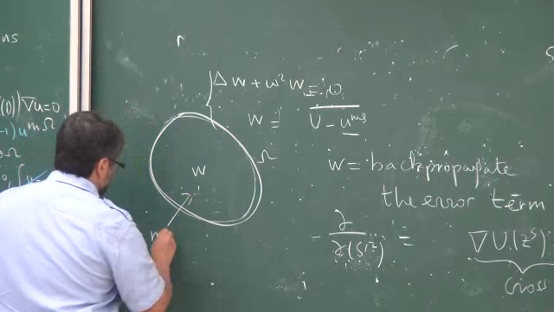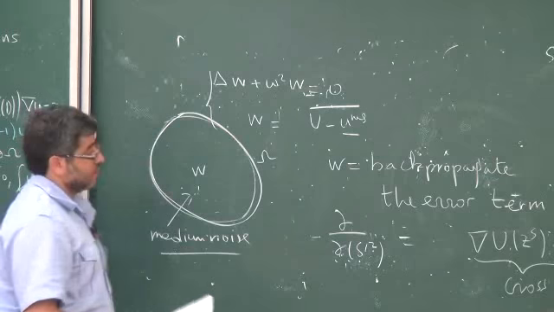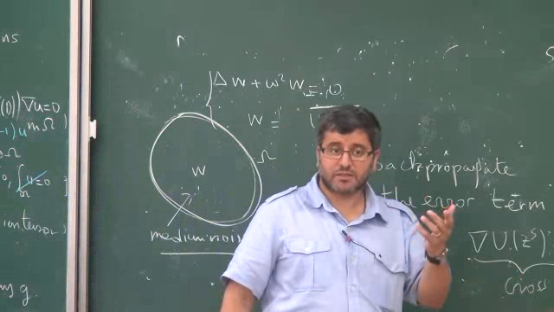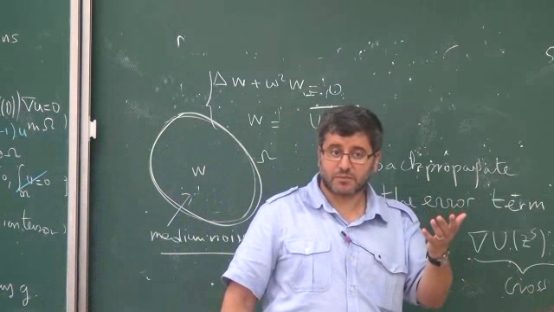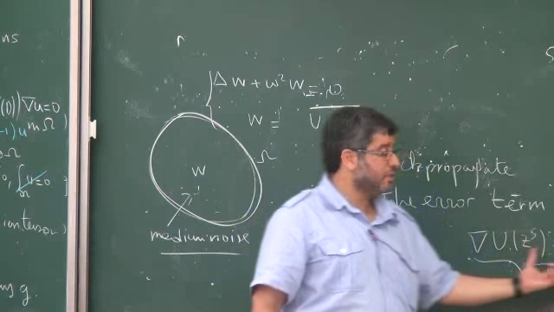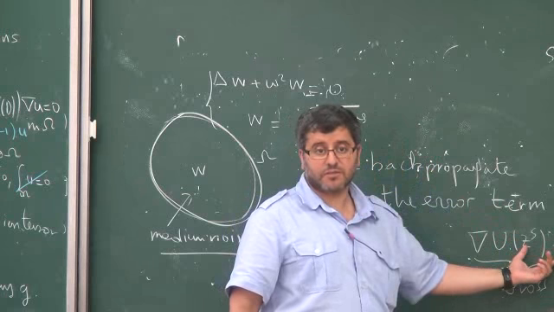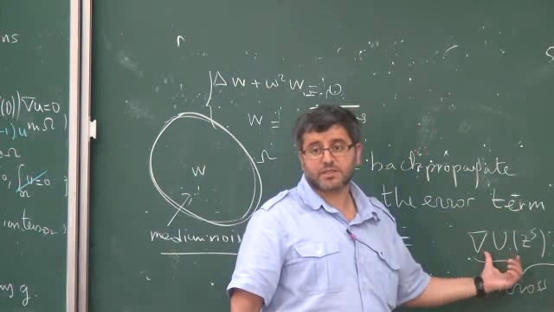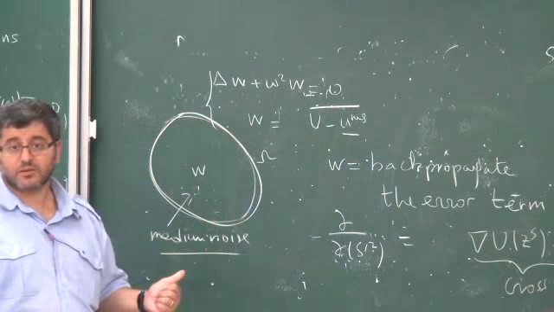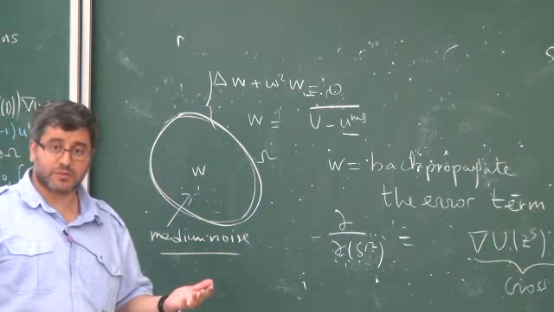So let me discuss medium noise. Why is this? Because this is cross correlation. Medium noise manifests itself by random perturbation of the phase. But here you have random perturbation of the phase, bar, and here you have random perturbation of the phase. So you have cancellation of this perturbation. So this function is quite robust with respect to medium noise, which is not the case for Kirchhoff. Kirchhoff is robust with respect to measurement noise, with respect to Gaussian noise.